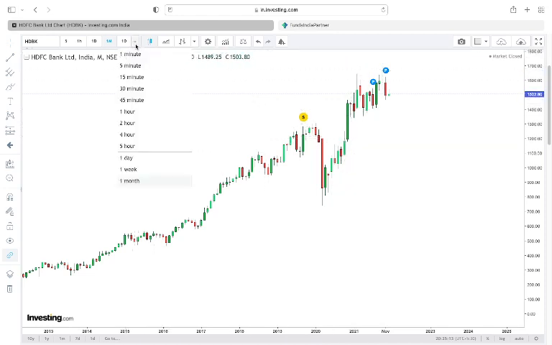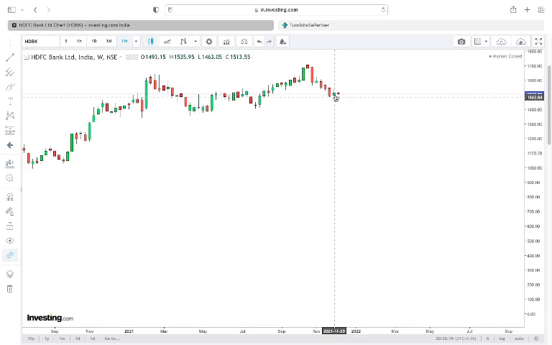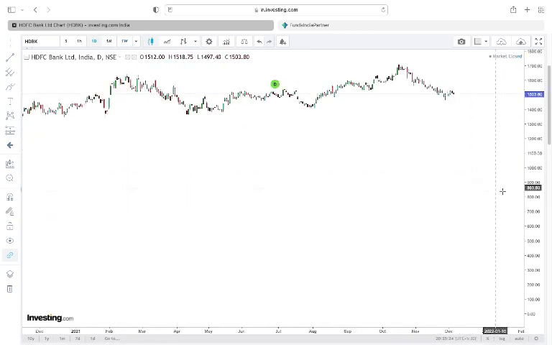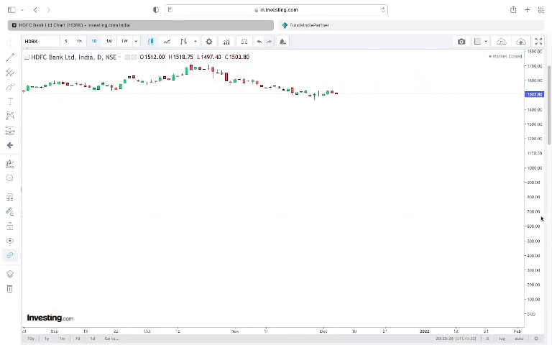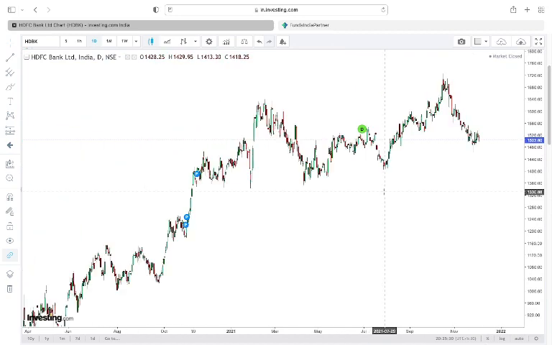If you take weekly candle, can you take weekly? 1 week ka movement is captured in one single candle, that is weekly candle. One candle hai na, that is 1 week. If you take daily candle, just one day movement is captured in daily candle. Now you are able to understand what is the meaning of weekly, daily, monthly.